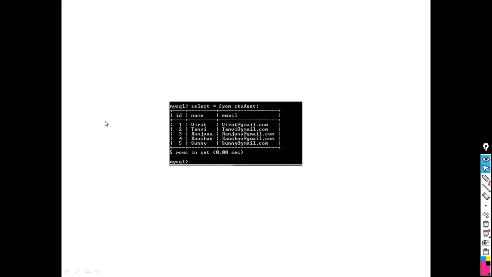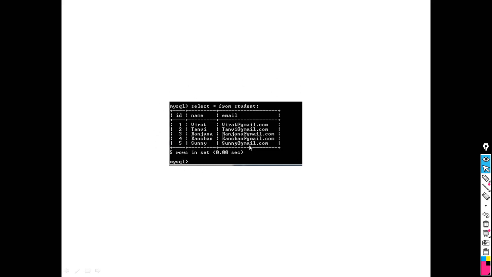The only thing is, when we execute this script, we should remove the first record. Okay, because we have already entered this record in the previous example. So first you have to delete that record and then execute this script, because the id is 1 here, and the id is 1 there too, and we have given a primary key constraint, so it will not be accepted by the MySQL table. So before executing this one, either delete it or enter another id, another name, another email. Okay, so it will be executed.